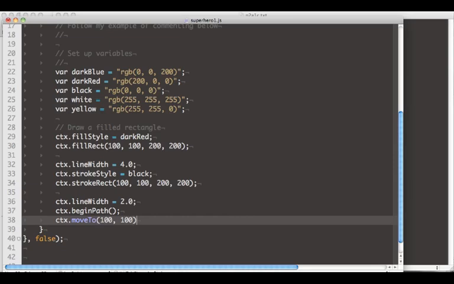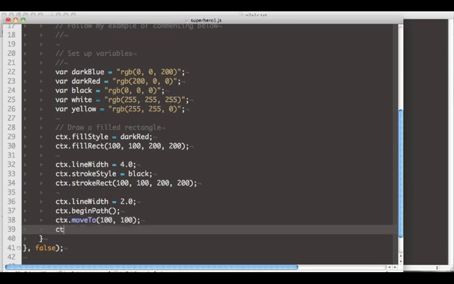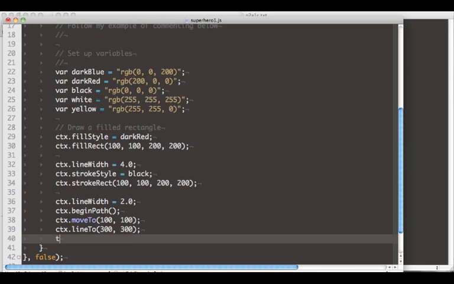We do a move to, so put the point down, and then we do a line to, which is 300. So draw a line to this. Next, we're going to move the pen again, and this time I'm going to put it at 100, 300, which is the bottom left